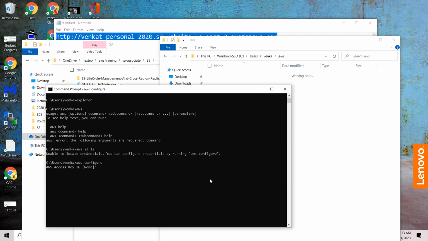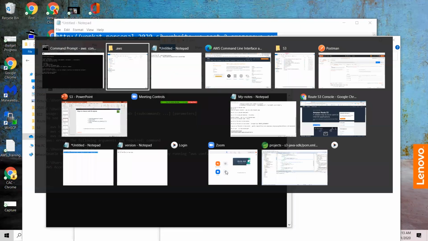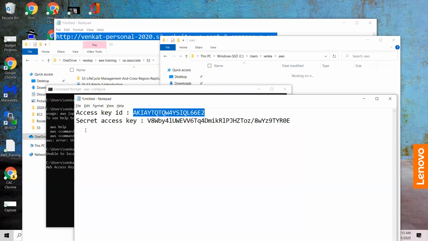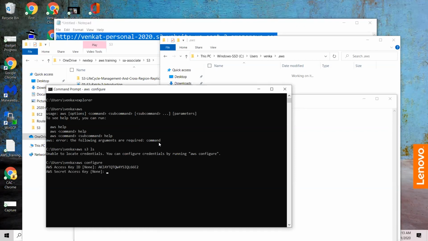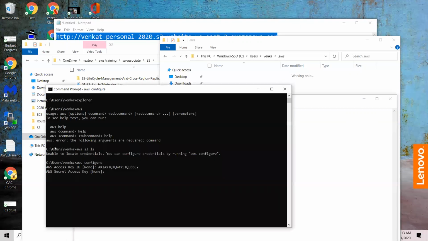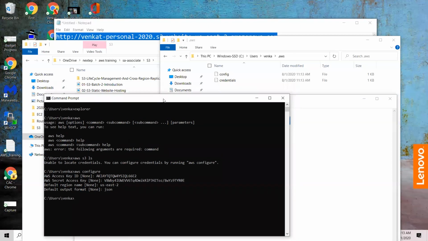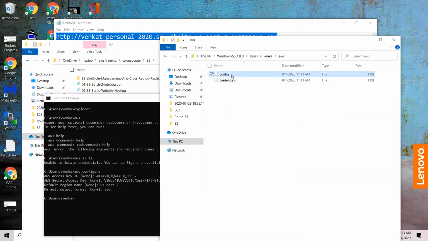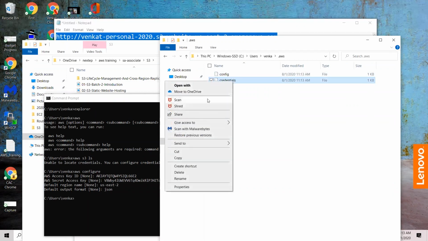So I'm running aws configure. It is asking me a couple of things here: the AWS access key ID, which I stored. Now I'm using this, the AWS secret access key. This is your secret access key. And the default region, I'll use US East 2. Default output format, JSON. But I'm done here. It stored this piece of information into the config and credentials files, if you really look at it.